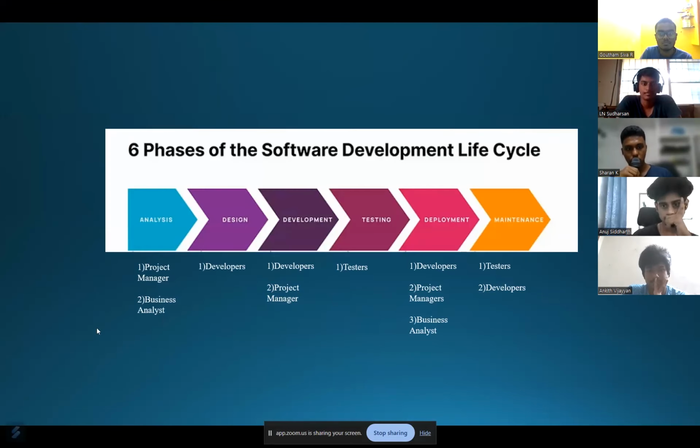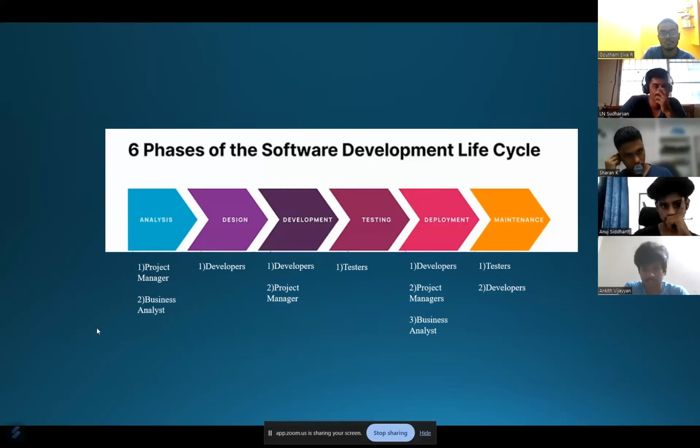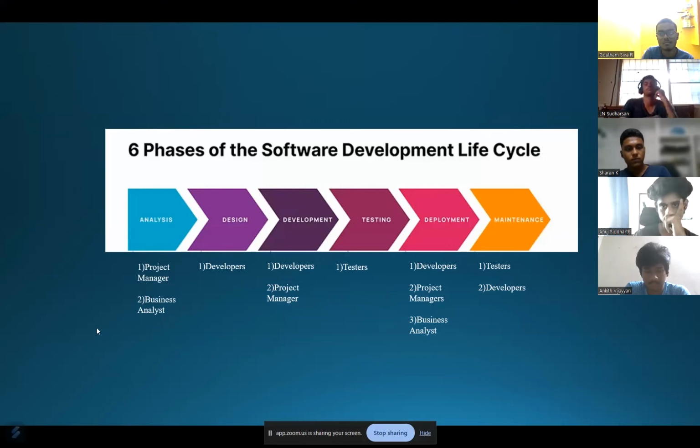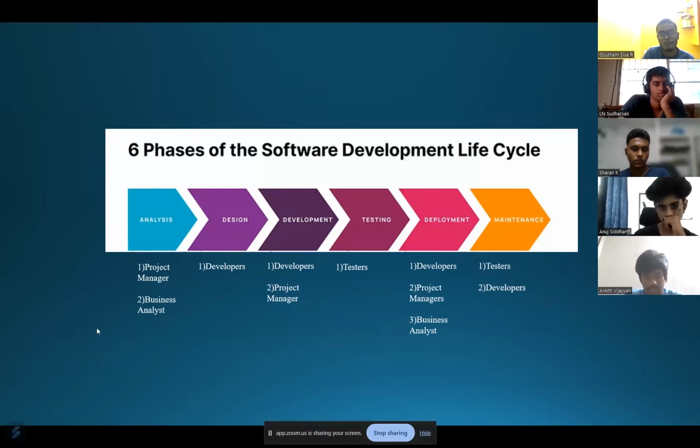In the 6 phases of the software development lifecycle, the first step was analysis, in which our project manager Ankit and the business analyst Anuj Siddharth did some analysis on a project, and they gave us an initial design for which our developers, myself, Hari Sudarshan, developed a design for the disjoint set ADT, and then Mithun, Kenson, and Sharon made a prototype for the self-organizing list, and then